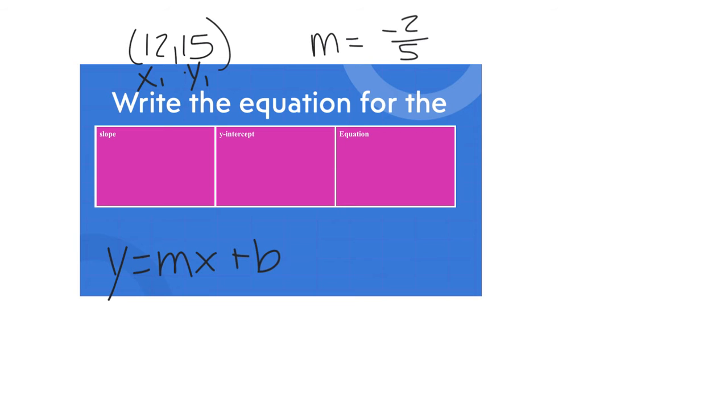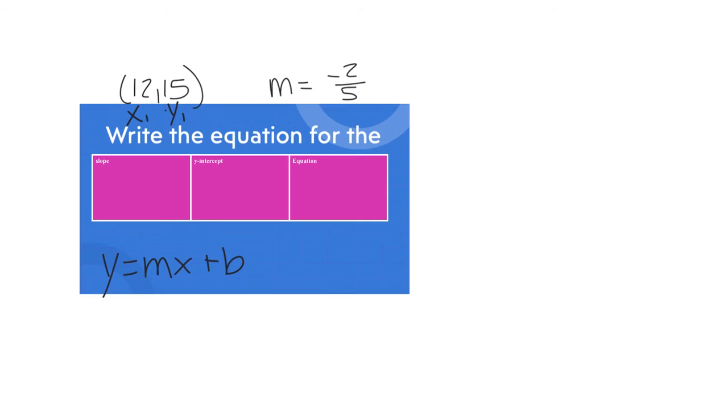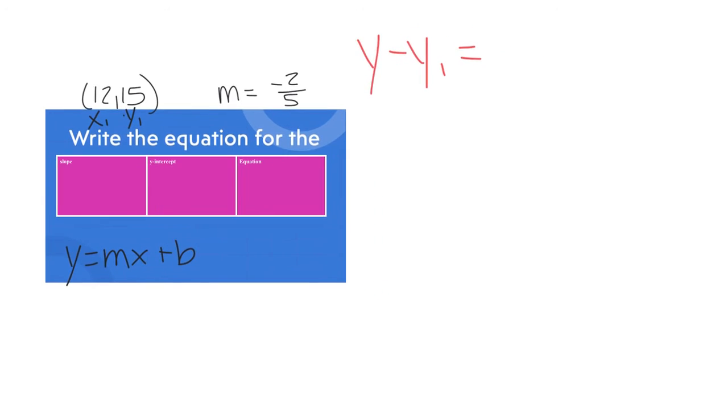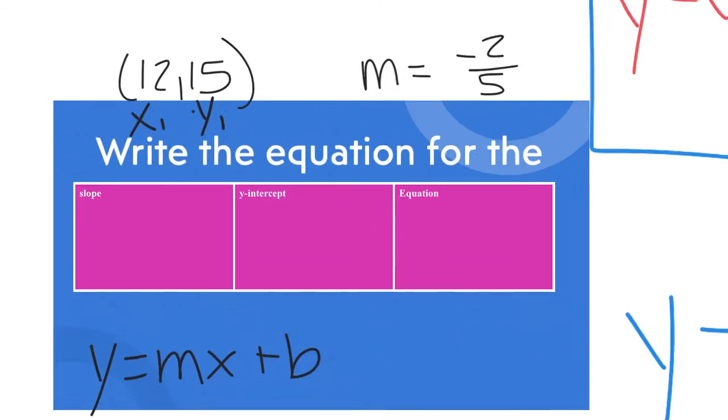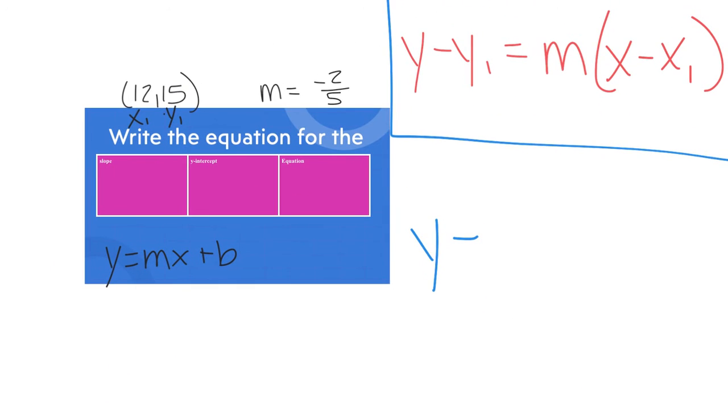So that's where I got to go back to this equation of y minus y1 equals our m times x minus x1, right? And then we got to fill in some blanks going on there. Remember, not asking to memorize this equation, all right? But knowing that you might need to use this, I'd be writing that somewhere, all right? So do we know y? We do not. So we don't know y, but I do know y1, and y1 is 15. So minus 15